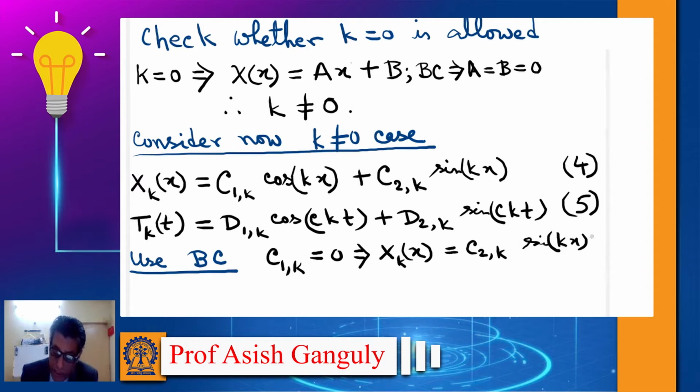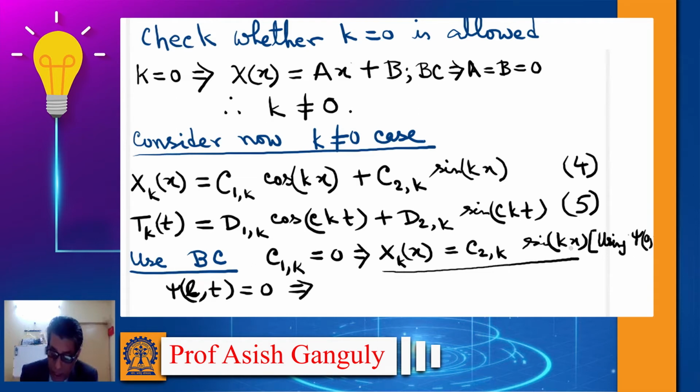So what I have used here? Using psi 0 t equal to 0. Okay. So we have another boundary condition, which is psi L t equal to 0. So if you put that here,